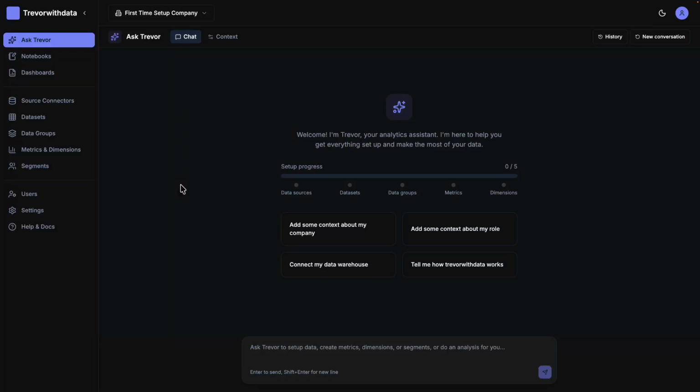Hey everyone, if you've been following along with this Trevor with Data blog series, you've probably noticed just how many steps and components you need to create before you can actually start doing analysis. We've got source connectors, data sets, data groups, metrics, dimensions, segments, calculated metrics. That's a lot. And a lot of the APIs that we've built have been done so very intentionally leading up